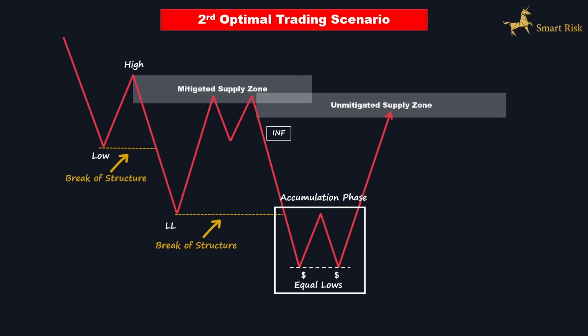If we take a look at the left side closely, we can see that the price has already swept the external liquidity. Now, it's time for the price to target internal liquidity, as indicated by this fair value gap that was generated right after the first mitigation. Now, in the following steps, what we want to see is the price pushing upward, filling the liquidity void that was left earlier, and then entering into this unmitigated and fresh supply zone.